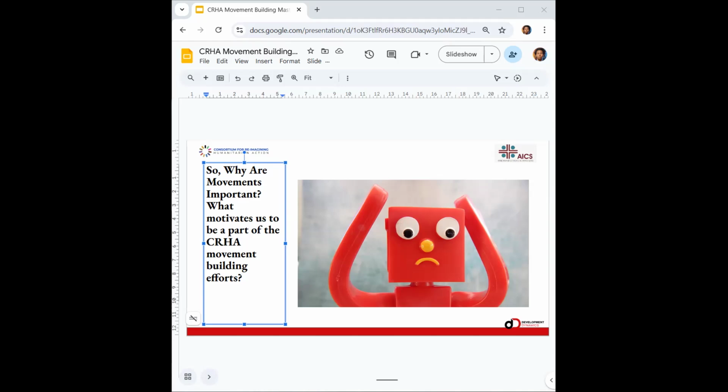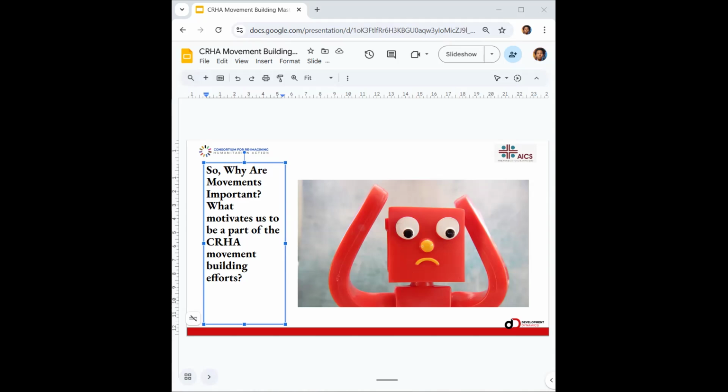They help form a strong coalition for change, and in our case, solidarity to enhance localization. And being a part of CRHA motivates us to be committed to driving localization because we believe that one day it shall take effect. I love that. So also saying for synergy, for joint effort, for collaborative action. So really we are speaking the same language and the same themes and ideas of what movement